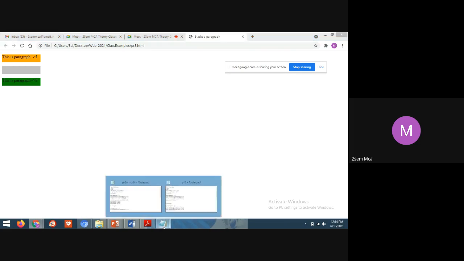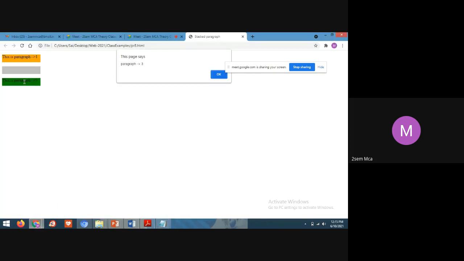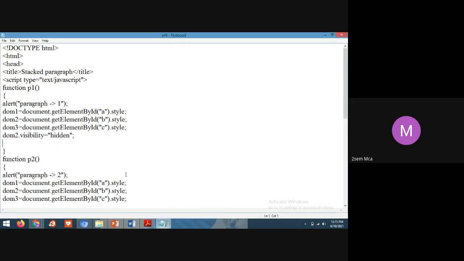Why? Because I have made slight changes in the program. I have removed DOM3 visibility hidden in paragraph 1. That's why it is not hiding. Now I'll retain the previous code.